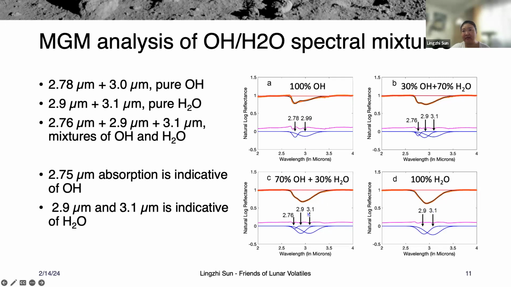When we mix them together, in these two panels, you'll see a 2.76, 2.9 and 3.1 feature. Considering that our spectrum might have both,